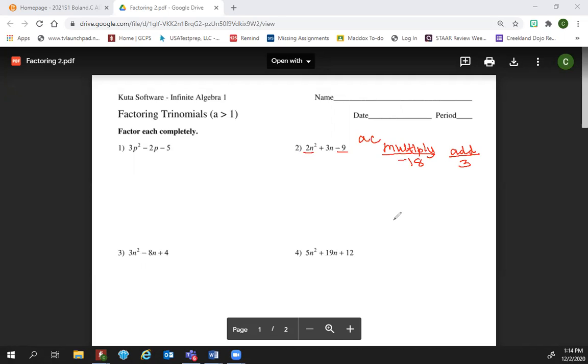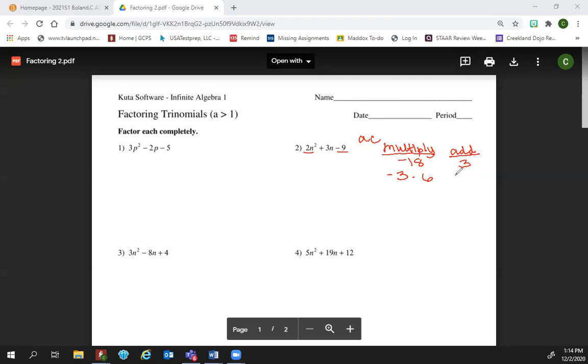So I usually think about the 2 numbers in terms of multiplying first. 2 numbers that come to mind are 3 and 6, okay? Then I usually do trial and error where I say, okay, this is -18. So obviously one of my numbers has to be negative, okay? To get a positive number though, the one that has to be negative would be the smaller number. So if I use 3 and 6, right? So one of these is going to have to be negative. The smaller one's going to be negative